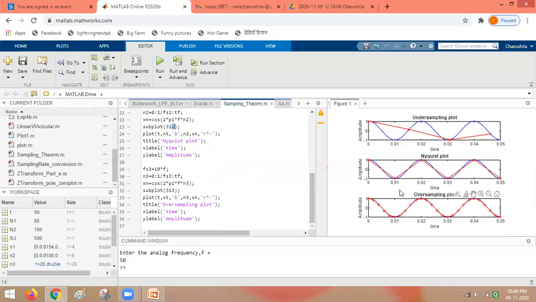So this way we can conclude that while sampling the signal, if the sampling frequency is selected at least equal to the Nyquist rate, then the reconstruction of the original signal is possible. If the number of samples increases, the reconstruction will be better and better. But because of undersampling, the reconstruction of the signal is not at all possible. Thank you.